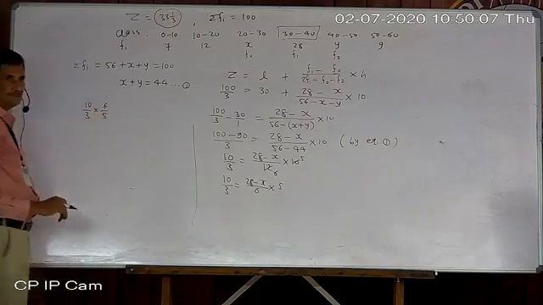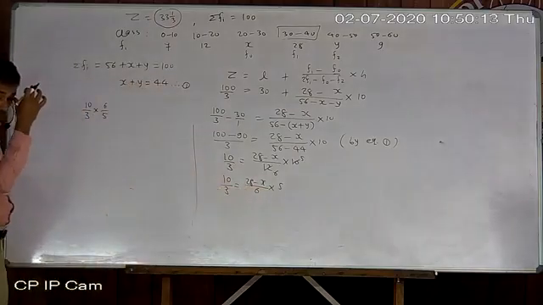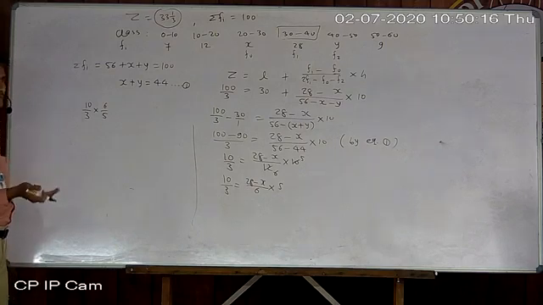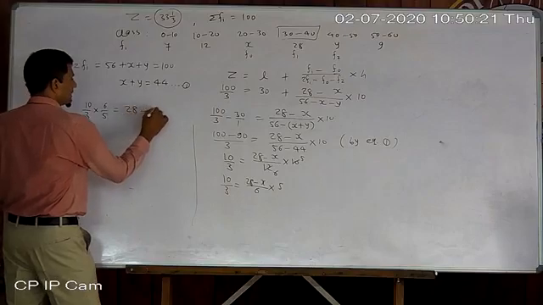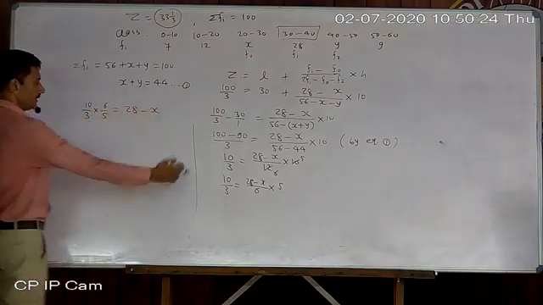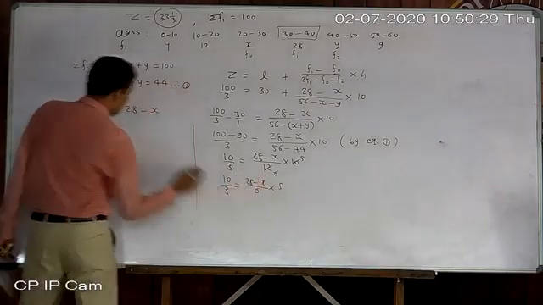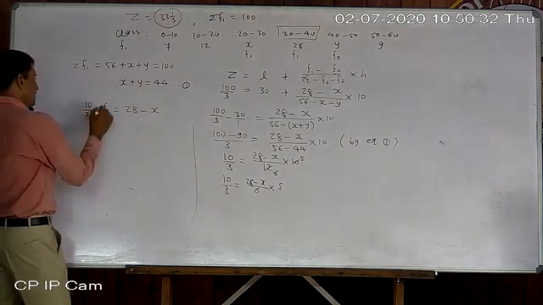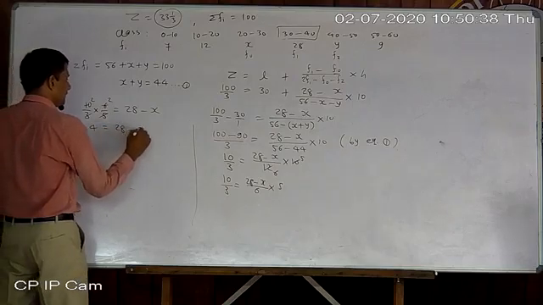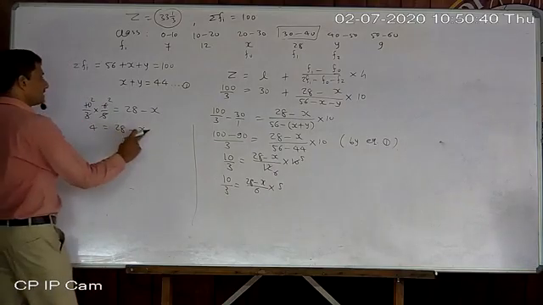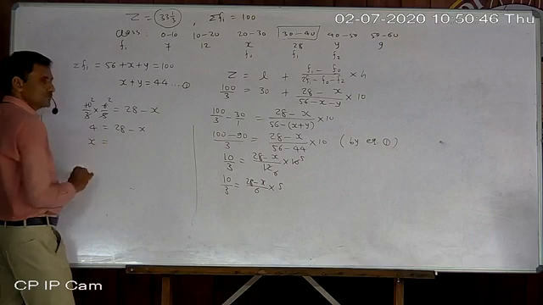You know what is the rule? Whenever coefficients are shifted, they go numerator to denominator and denominator to numerator, meaning multiplication to division, division to multiplication. Now whatever is left there, 28 minus x, because they are coefficients of this binomial, so they are shifted here. Now it is 3 to the 6, 5 to the 10, so left is 4 is equal to 28 minus x.